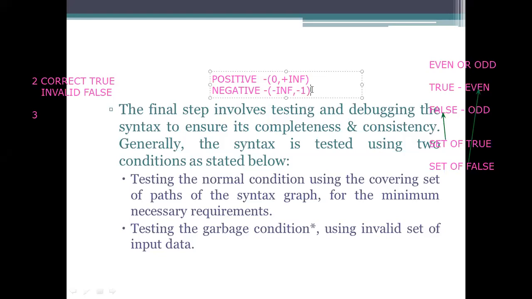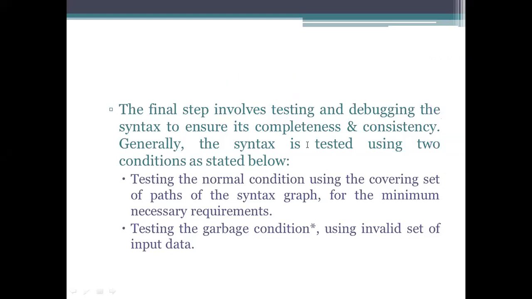These two input values act as a correct input for this one and a wrong input for the other one. So here we need to include the garbage, which includes the invalid set of values for the input data. First we will check for the execution of the data by using the graphical notation, same as usual. The programs are executed the way we usually execute them.